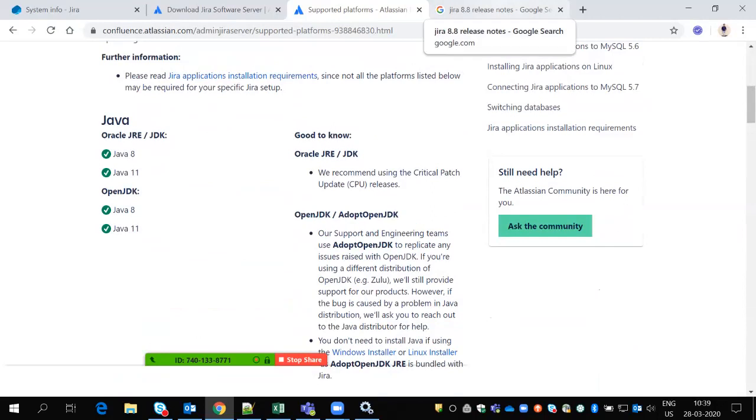But coming to your organization, if you join any organization, what they are using and from which version they are planning to upgrade, you have to compare it. What Java version we are using for the current version, and what Java version will be supported once we upgrade to the latest version. So we have to check the compatibility of the target version.